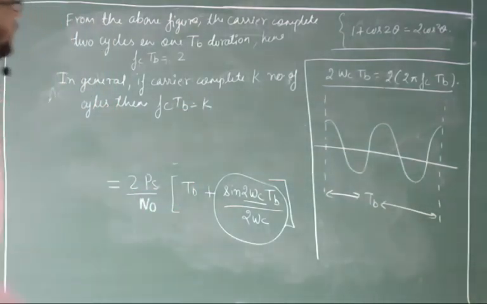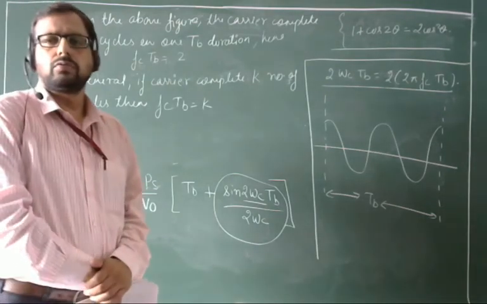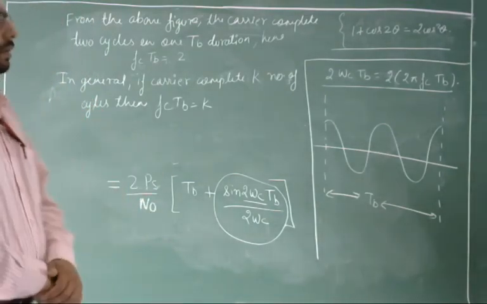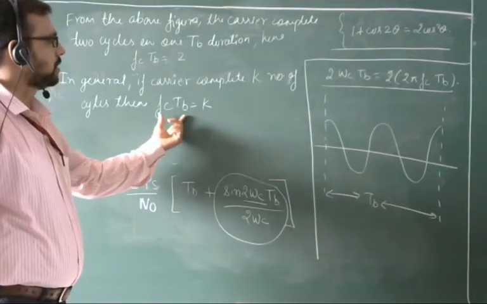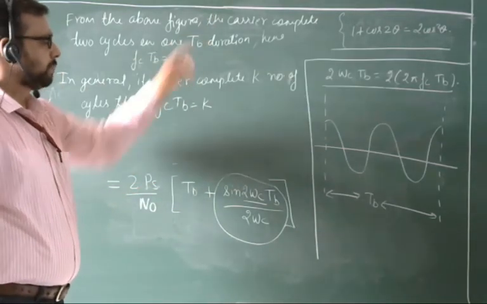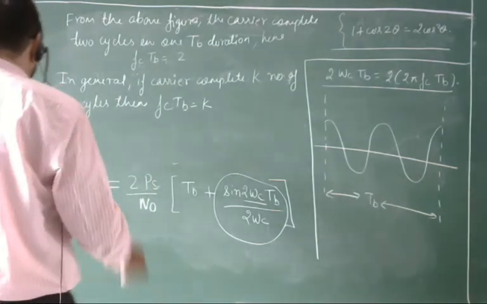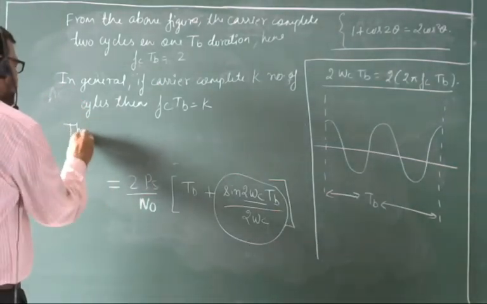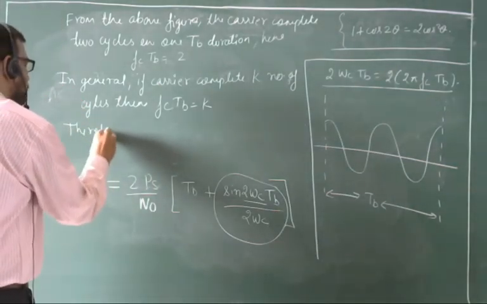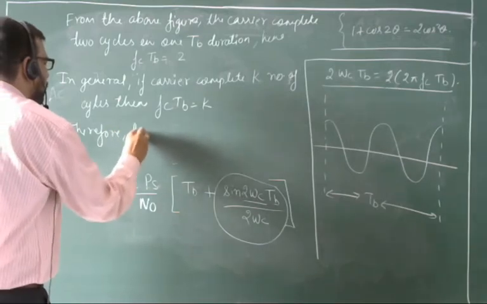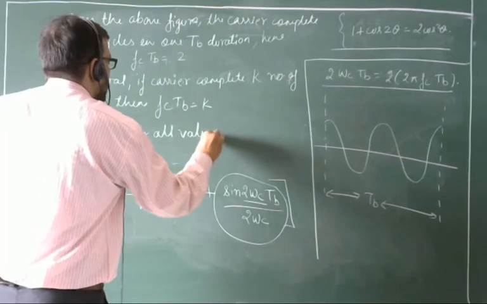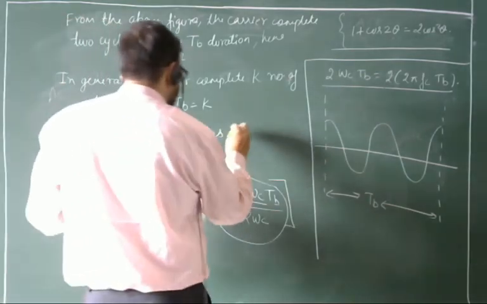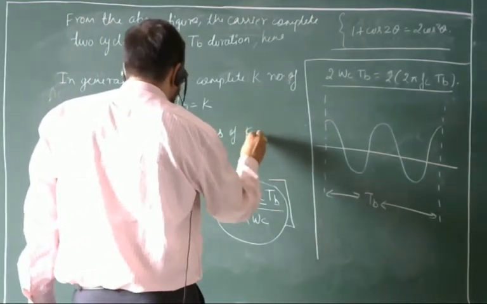Simply, here the value of k ranges from 1, 2, 3, 4 up to many terms, meaning the multiple of Fc into Tb is equal to k. Okay, then we can say that therefore for all values of k,